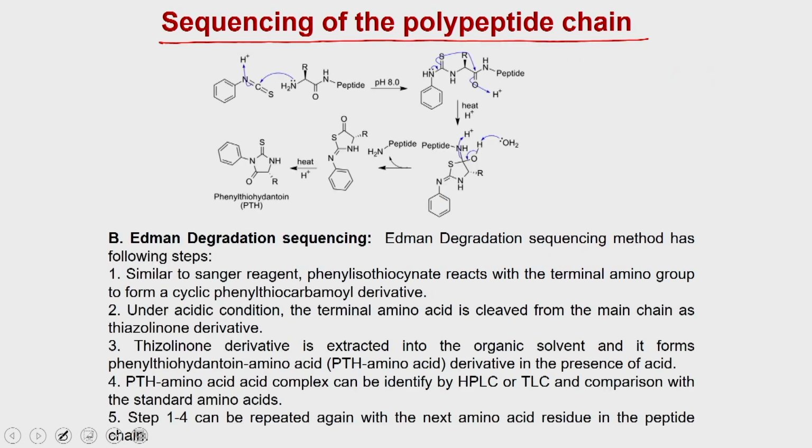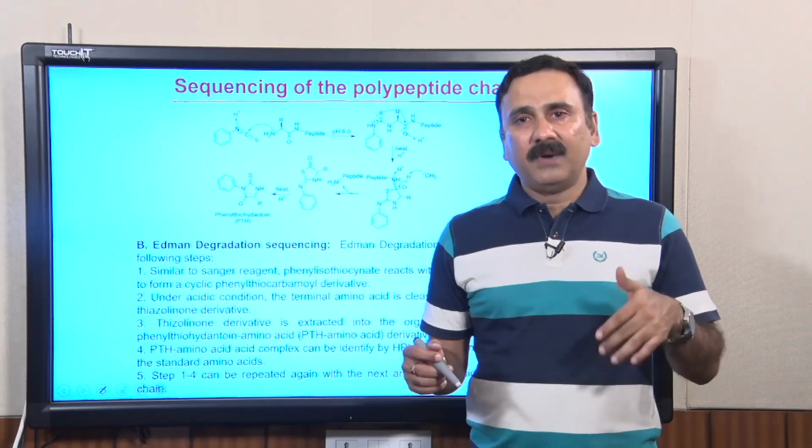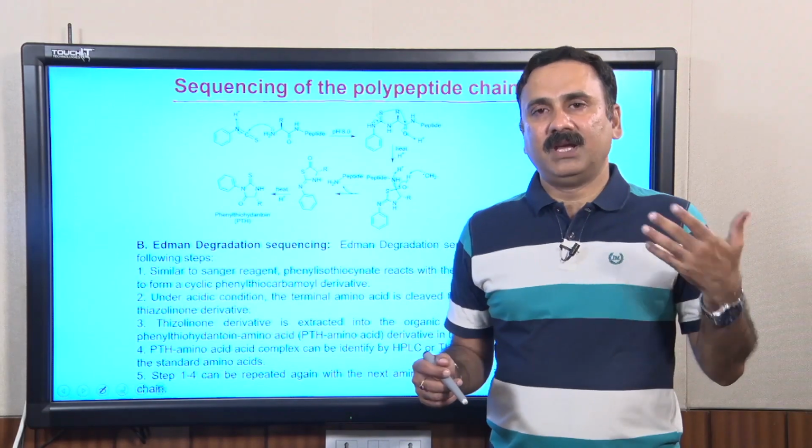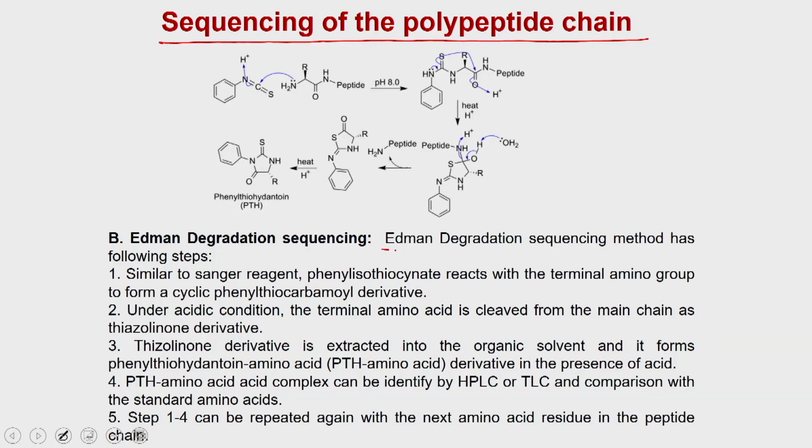Whereas, in the alternate method, you are going to do similar steps as we have done in the Sanger sequencing method, but with different sets of reagents. In the Edman degradation sequencing method, you have the following steps. Similar to the Sanger reagent, the phenyl isothiocyanate, which is actually this, reacts with the terminal peptide chain or terminal